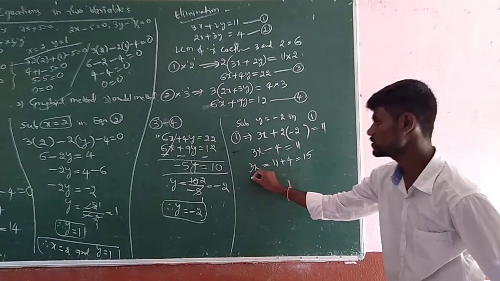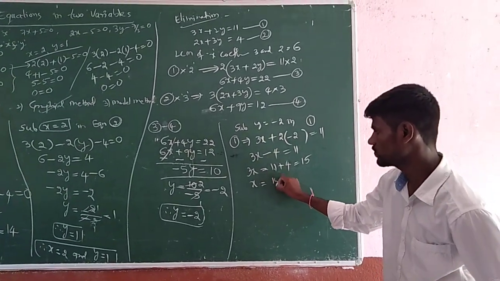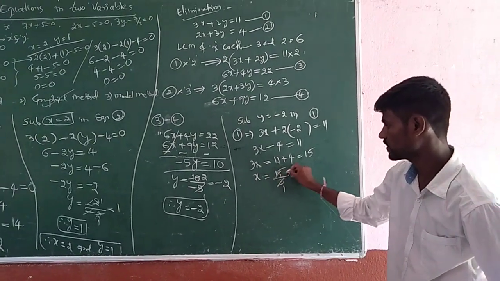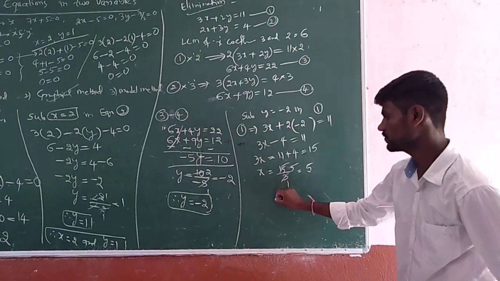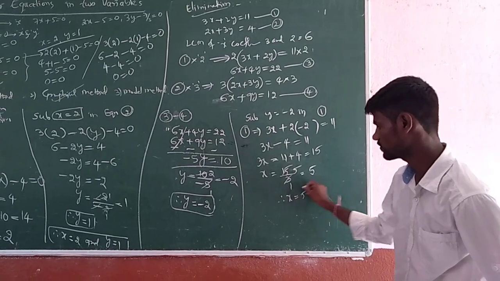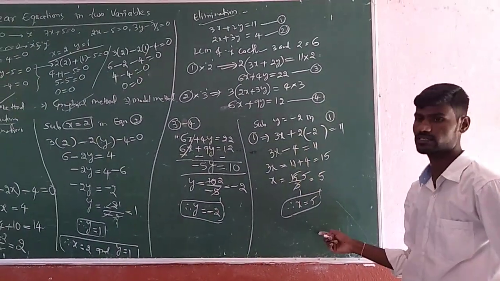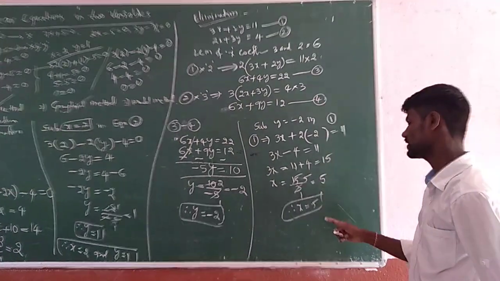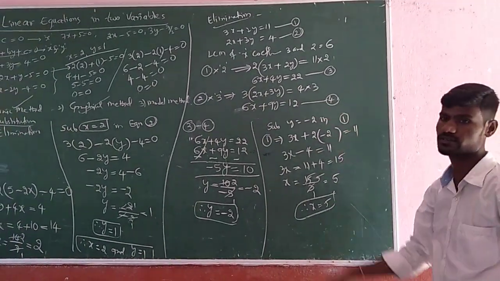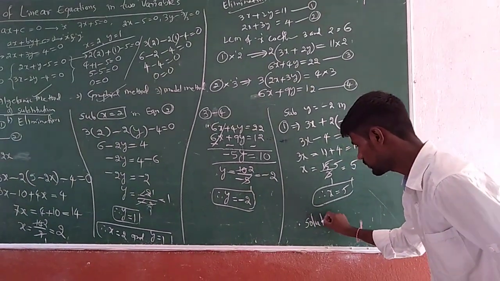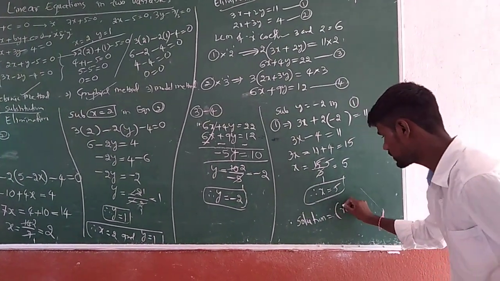To get x, transpose 3 to the opposite side: 15 divided by 3, because it is multiplying. 3 fives are 15. So 5. Therefore x equals 5. Okay, now after getting the y value, if you substitute in any equation, you will get the same 5, whether equation 2, or 3 or 4, whatever. Understood?